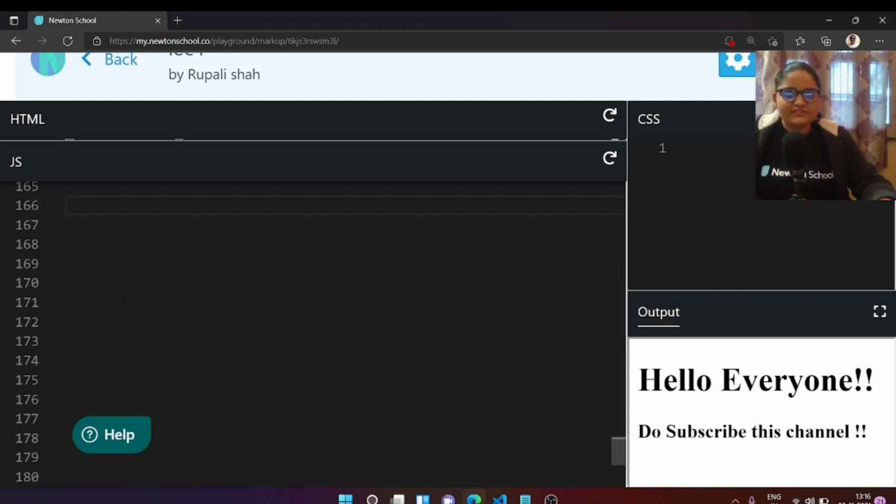First let's see what a condition is, and then we will go deep into how you can execute conditions in Newton's Launchpad in JavaScript. This is our space where we will be writing our code.